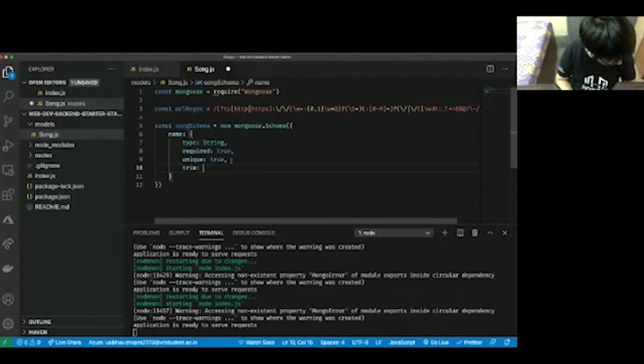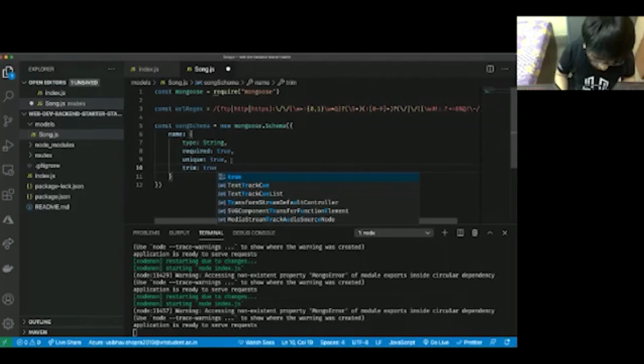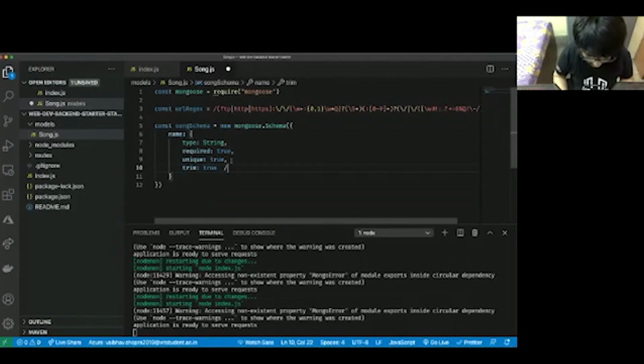No problem. Trim true. What does this true do? So let's say I enter a song called "21" which has a lot of spaces, and we only have one space in the middle. That might spoil my layout. So I don't want that. So every time somebody gives me an input like this, it will automatically translate it to "21". It will remove the extra spacing from both ends. Okay, so that is the use of this trim boolean.